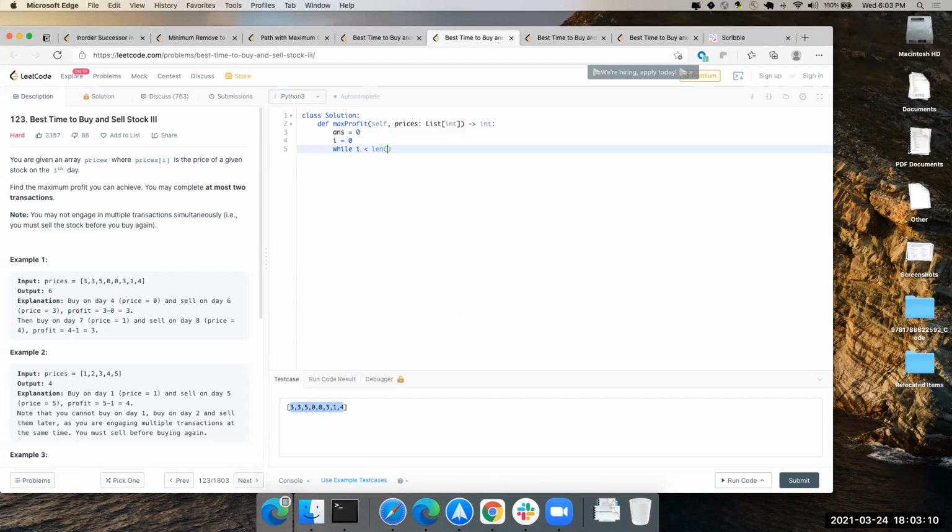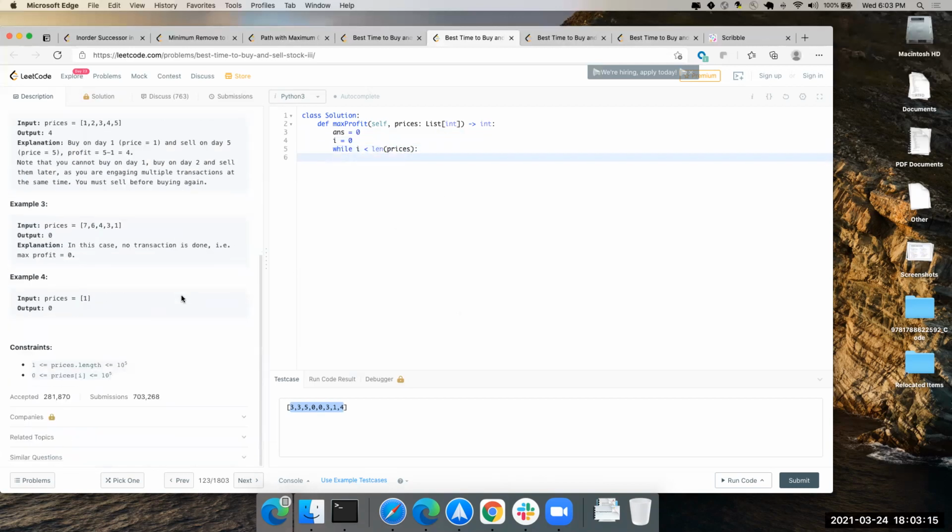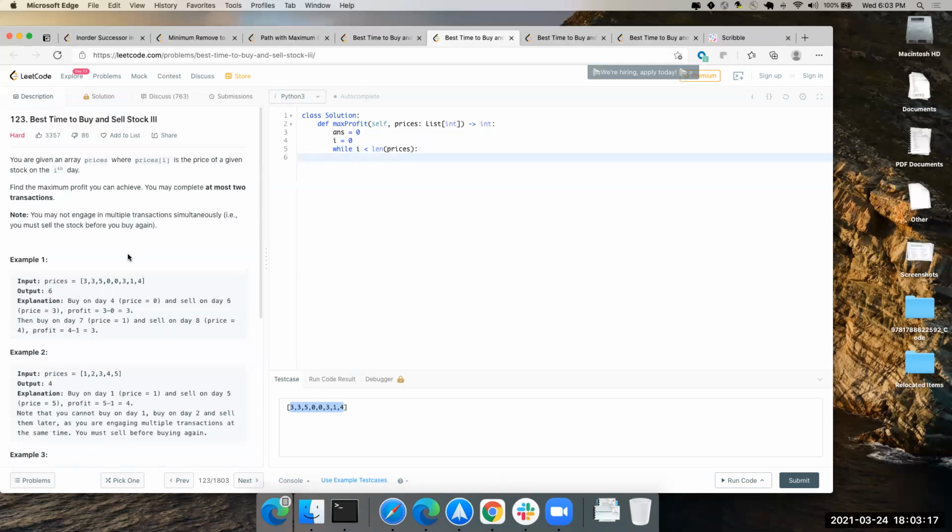In related topics, it says dynamic programming. So I'm not sure where we can see the overlapping substructure here. No. Let's just try to solve using this. Maybe then we'll figure out what is the test case that actually breaks it. Right? So someone help me code this. While i is less than prices, your price is what? Prices of i. And what next? While, what do you do here? So you need to check your next value, right?